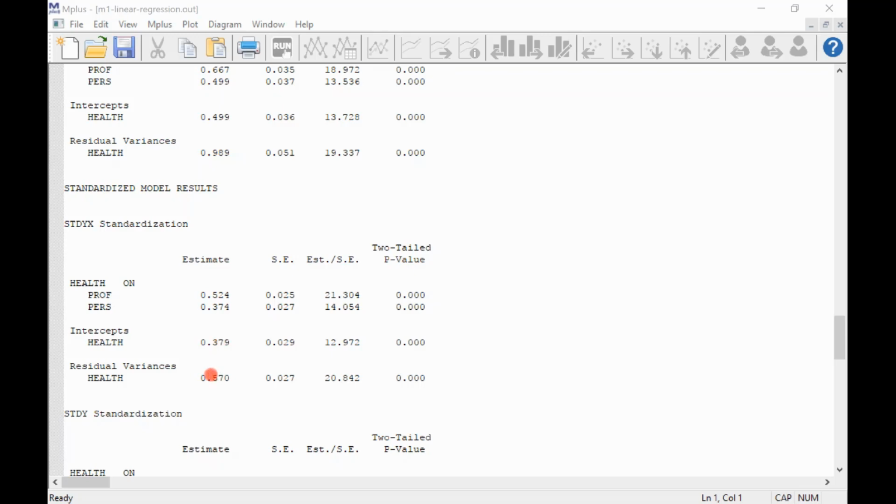So here you now also have the residual variance, and in its standardized form, it represents the proportion of variance left unexplained by the two predictors. So the two predictors did not explain 57% of variance in the outcome. If you scroll down further,